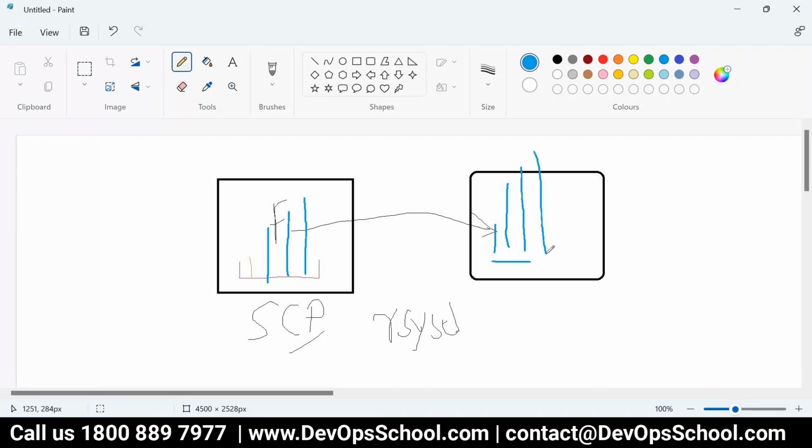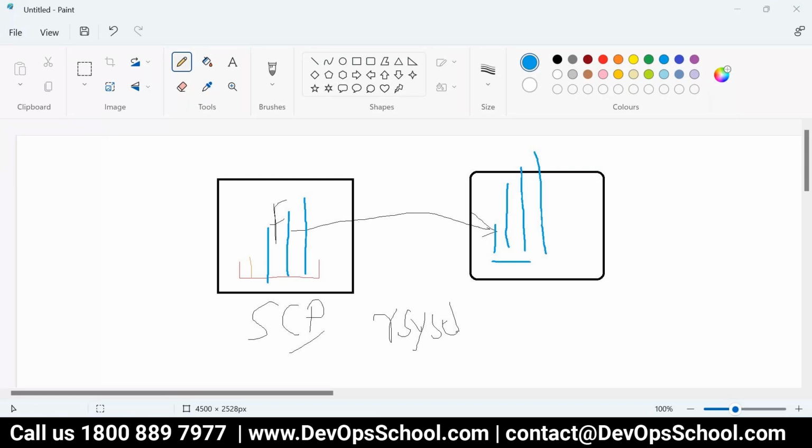That means rsync has one capability which checks the timestamp of the files, and if it is changed, only then it will copy. Else, if it's not changed, it will not copy. That way, you don't do the full copy every time. So rsync is the best way to take a backup actually. A backup that we call incremental backup. Are you understanding me, all of you? So rsync is the best tool for backup, incremental backup, sequential backup. Please try it out. We all are using this tool in production also.